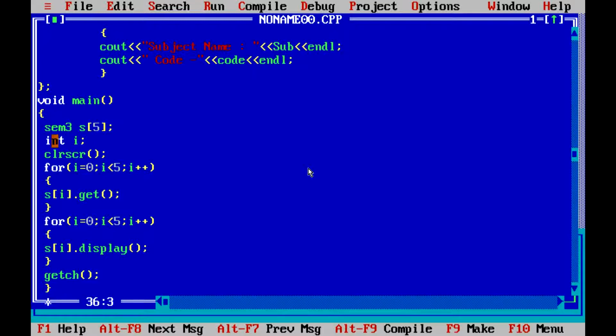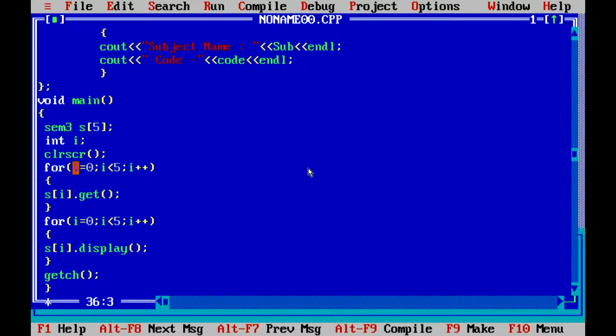Then we define one integer variable i, which is used for the for loop, and we use the inbuilt function clrscr to clear the output screen. Then, to accept the data of 5 subjects, we define the for loop.